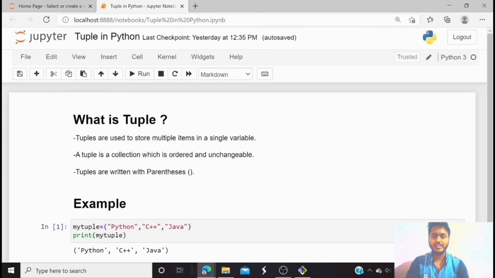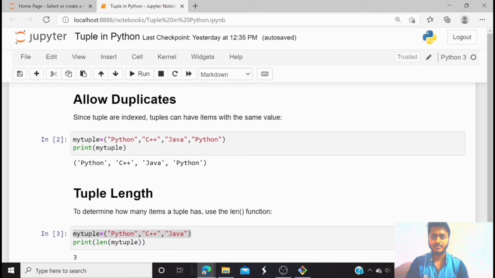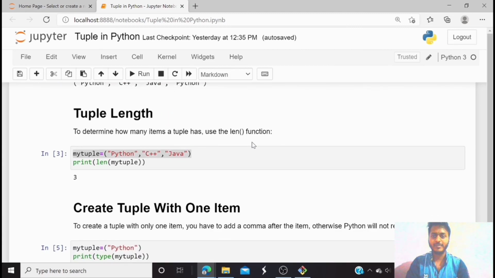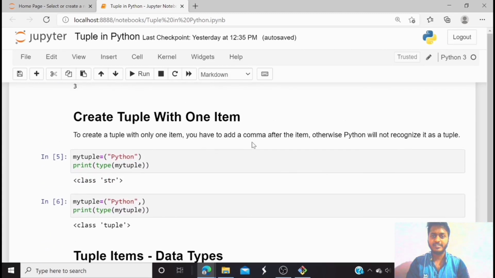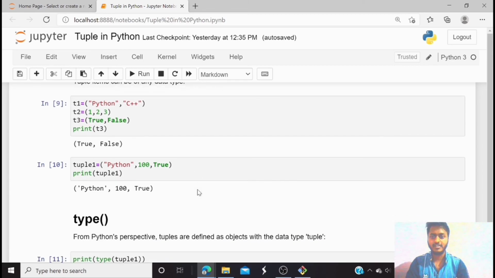So in this video we had seen what a tuple is, how we can define a tuple, and the properties of the tuple. Also we had seen how we can find the length of the tuple, how we can create a tuple with a single item, and that we can create a heterogeneous tuple, that means we can store multiple data types in a single tuple.